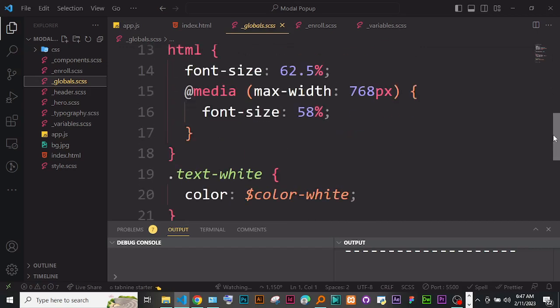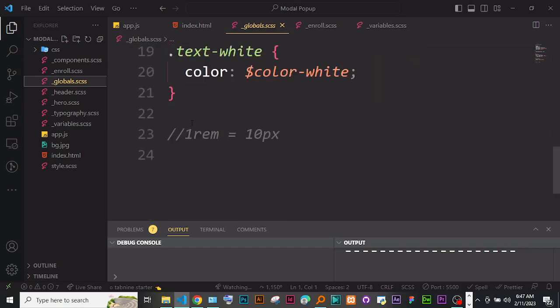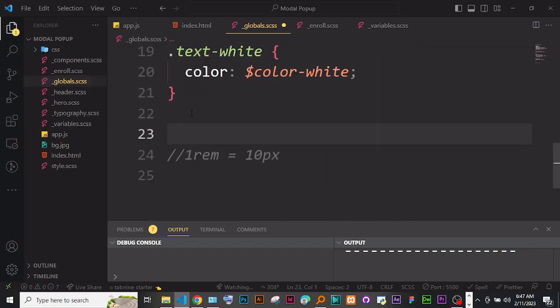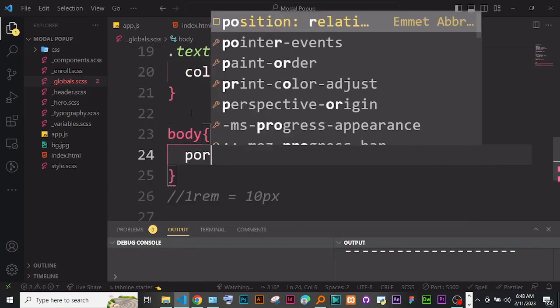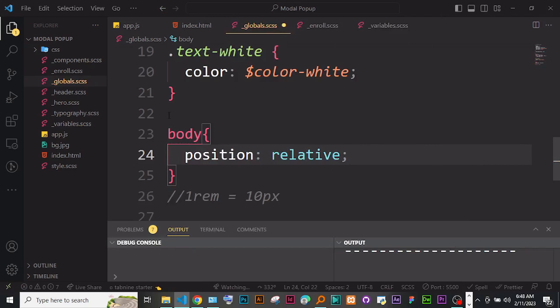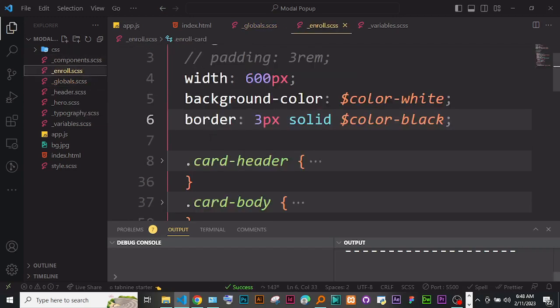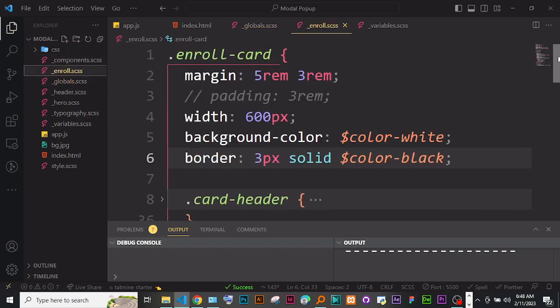Okay, if we don't have the body anywhere this time to select it, we can select it in the globals. So body, and let's give it position relative. Okay, as simple as that. And to the card, let's go back to our enroll, and to this card let's give it